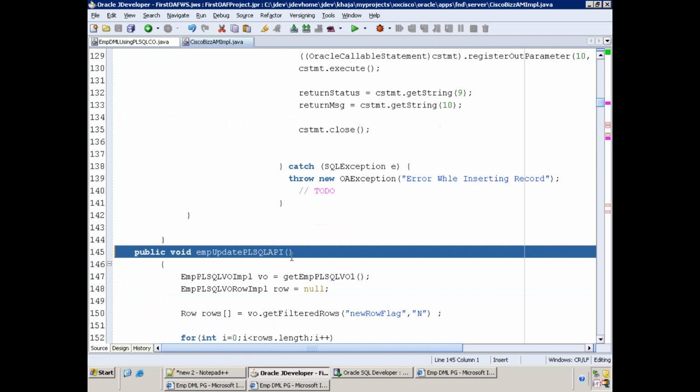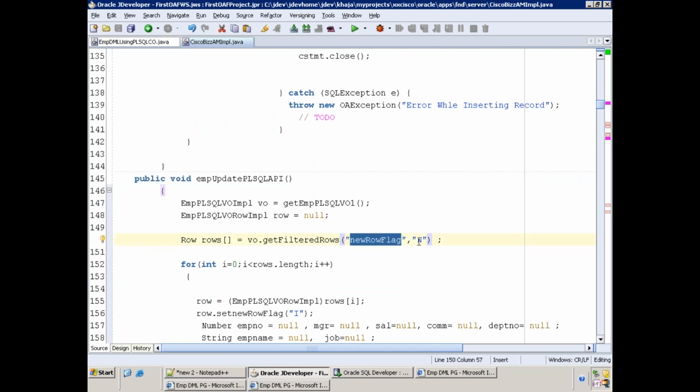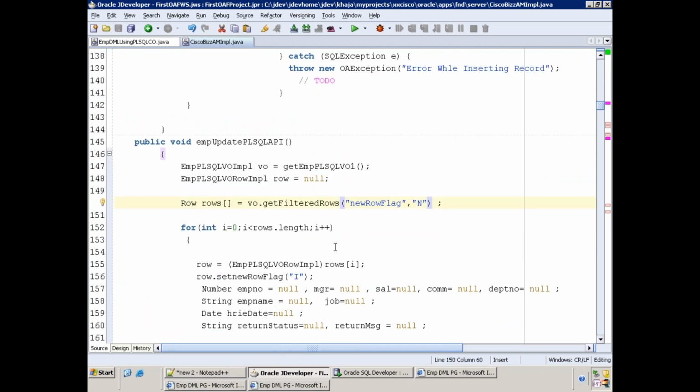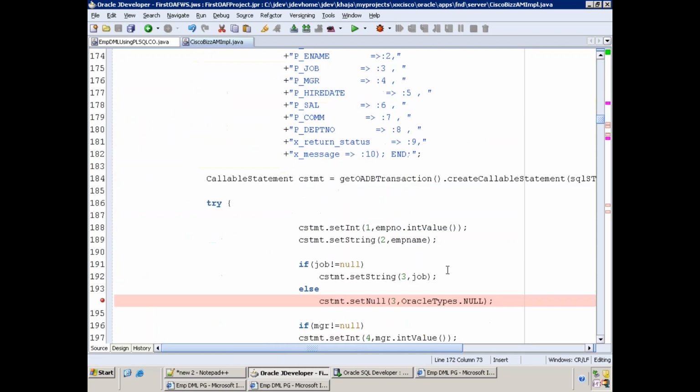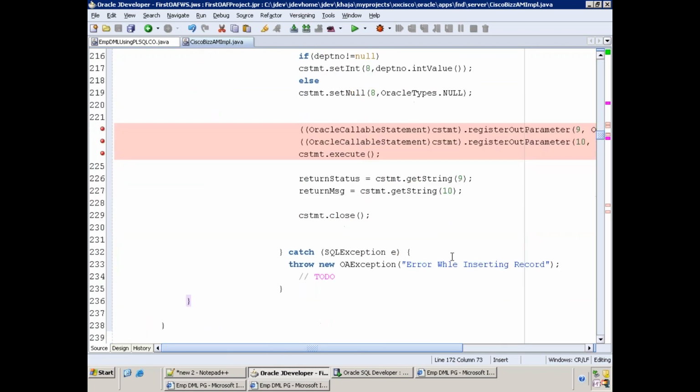Update, EMP update, new row flag is N, right? It's N. Get all the rows, get the data, update EMP, and then the callable statement.